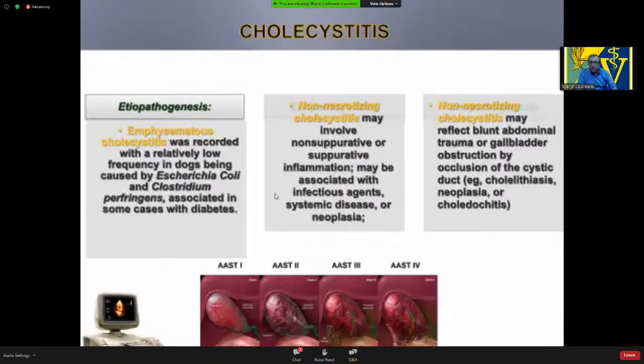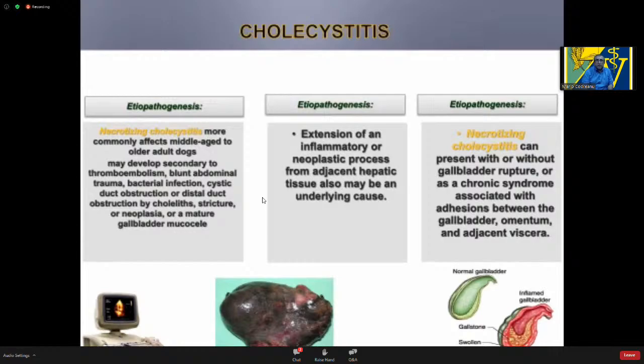Also, this last type of cholecystitis may reflect abdominal trauma, or gallbladder obstruction by different causes, such as occlusions of the cystic duct in case of an inflammatory condition, a neoplastic condition, or another medical condition. In case of necrotizing cholecystitis, this is diagnosed in middle-aged to older adult dogs, but it can be developed secondary to thromboembolism,